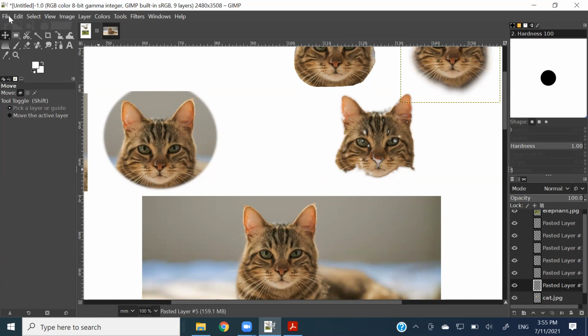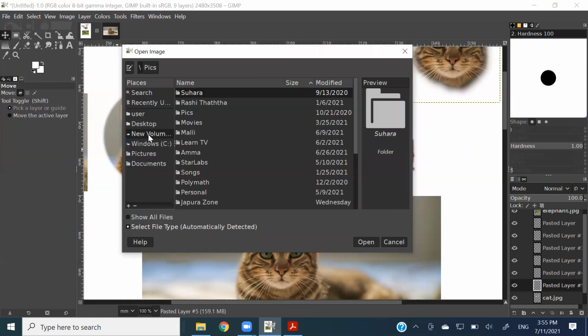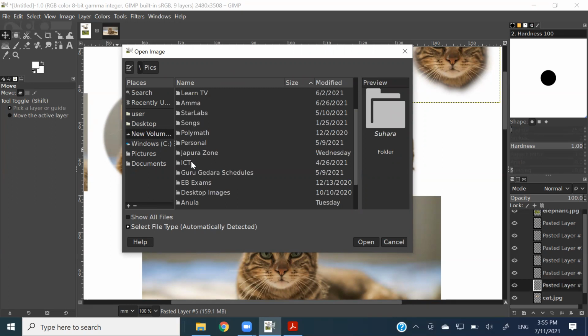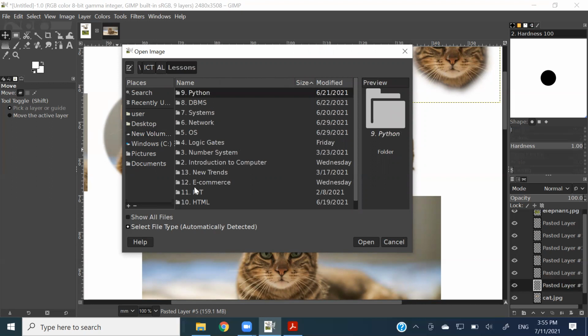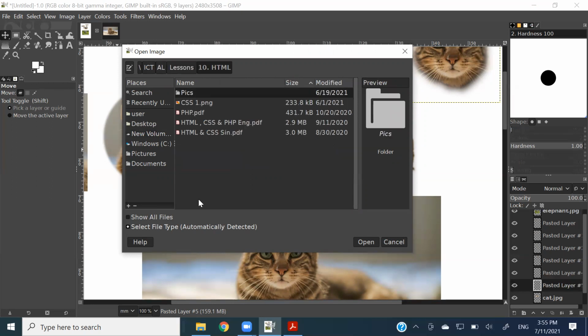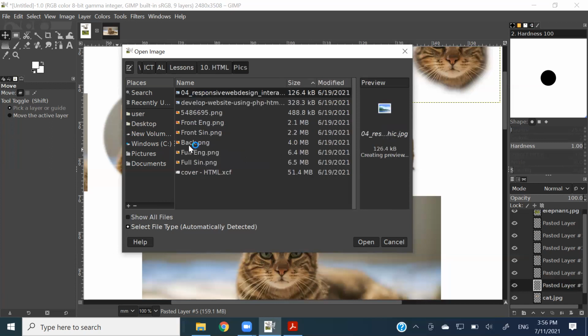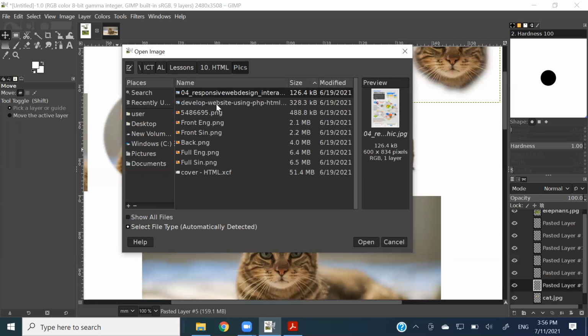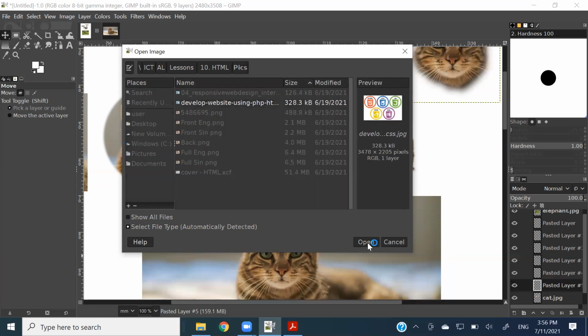So let me take a particular image. This is something I recently did. Yeah, if I open something like this,